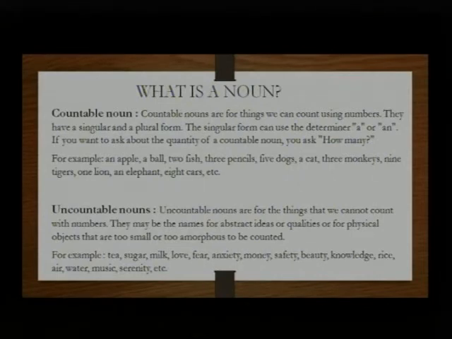So about uncountable nouns, the most important thing is to always remember that this can't be measured, we cannot measure it. For example, rice. Tell me how many rice grains are there in 1 bag or 1 sack. You cannot count them, so it is uncountable. Tell me how many sugar particles are there in 1 kg of sugar. By the time you count them, our whole life will be over. So this is called uncountable nouns.